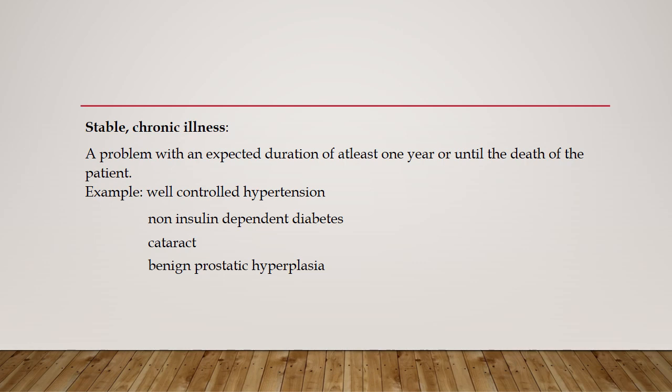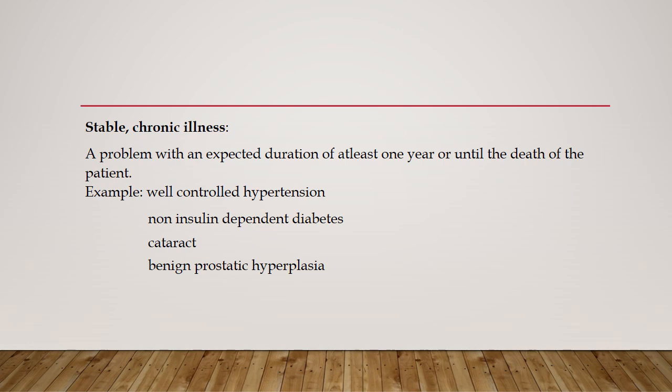Disease conditions can be classified into 2 categories, acute illness as well as chronic illness. So what is the difference between acute and chronic? Acute means they are recent in onset. Okay, a condition that occurs suddenly and lasts for just a short time, and after that it will be resolved. Such conditions are called acute conditions, whereas a chronic illness means they